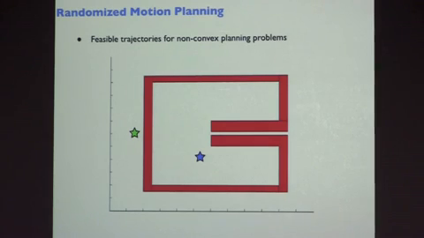So in trajectory motion planning, if I said I wanted to start from here to here, and if I had some initial guess of a trajectory that sort of went like this, that's going to have problems because we have this bug trap scenario. If you just try to go directly towards the goal with some sort of gradient method, the trajectories are just going to slam against this constraint and never find a solution.